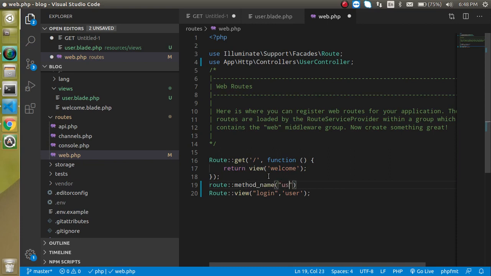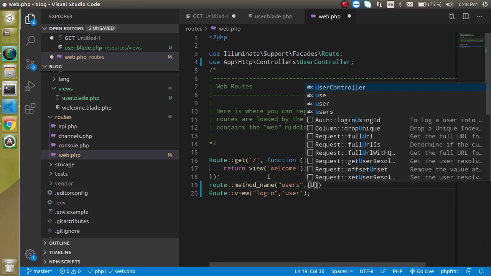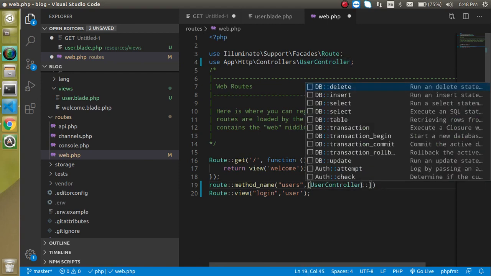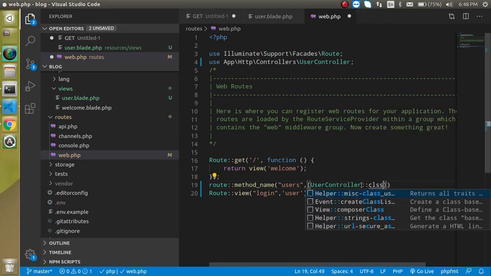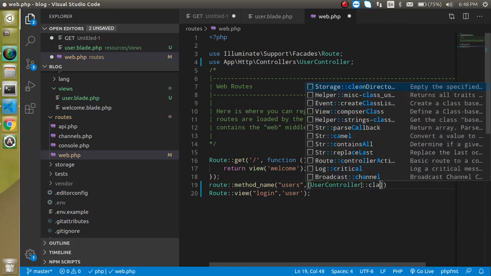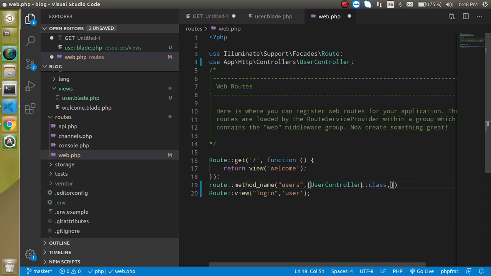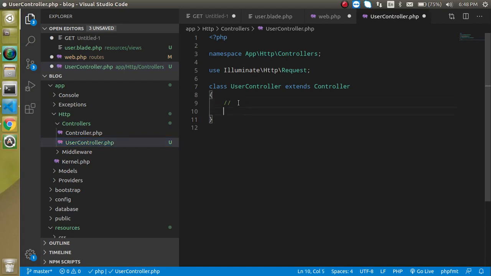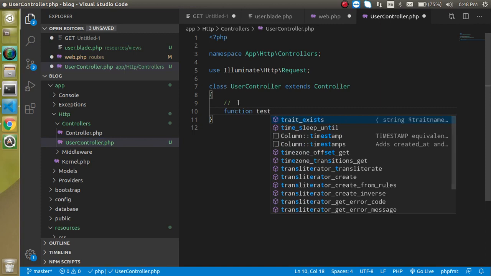And let's put the URL, and in the second parameter just put here user controller, which is related to this, right? Use colon class, and in the second parameter we need to put here the method that we want to call. So we did not define the method yet, so let's make a method. I'm going to put my method name is test request,